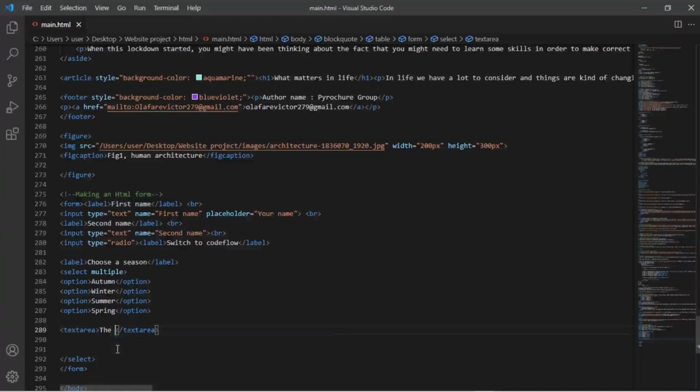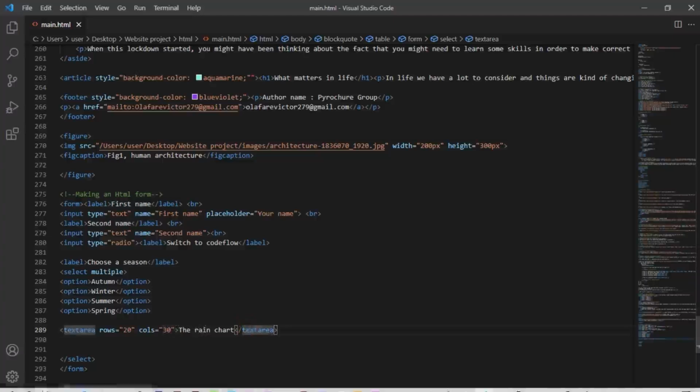The rain chart, okay, and we can set what we want for the text here, the height and the width we want. But sometimes we use what we call rows and columns, and I want to set the rows to 20 and the columns to maybe 30. And I'm going to save this,